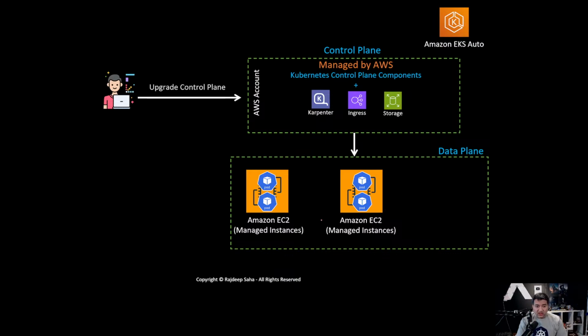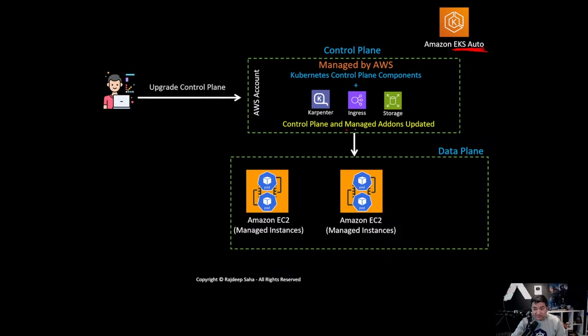Now you are like, okay, Raj, this is good. AWS is managing all that. How about upgrade? I still need to go through the pain of upgrade. Well, here also we do a lot of things. You control the upgrade. We do not go and upgrade your Kubernetes cluster, by the way. You still control that part. So with EKS Auto, and you can see on the top right, whenever I'm talking about EKS Auto, I have put EKS Auto. If you upgrade the control plane